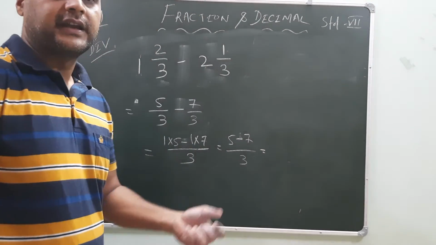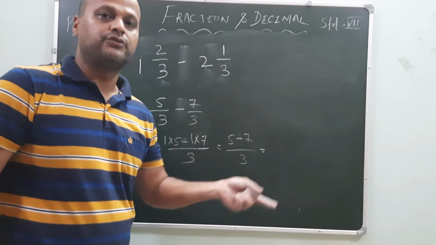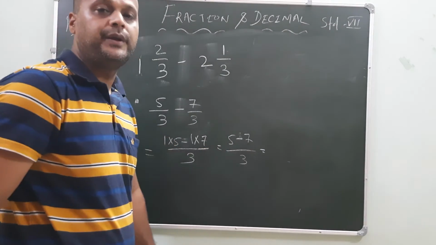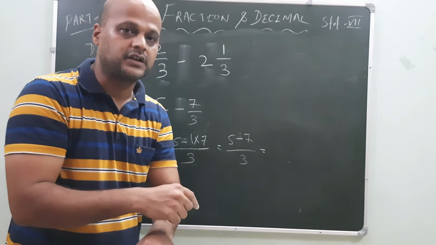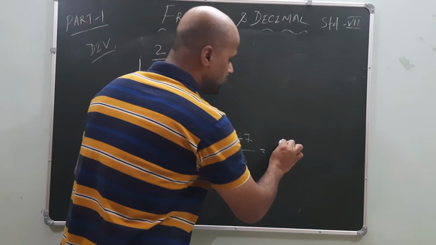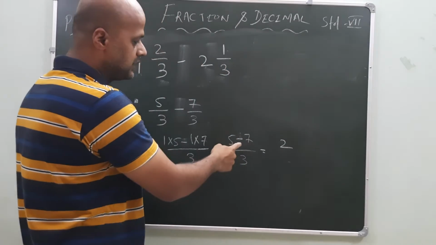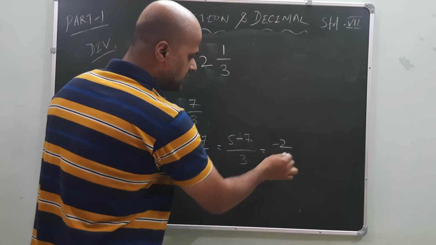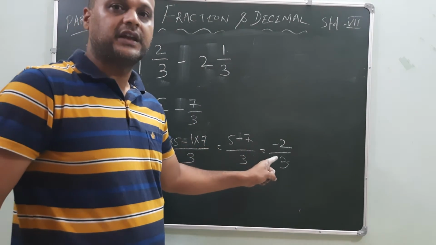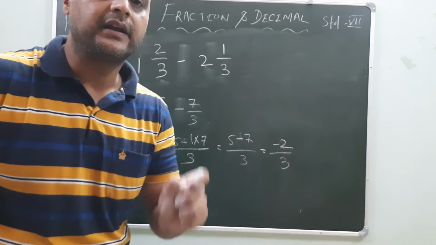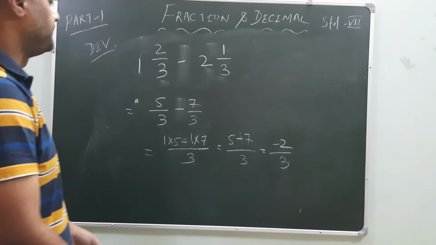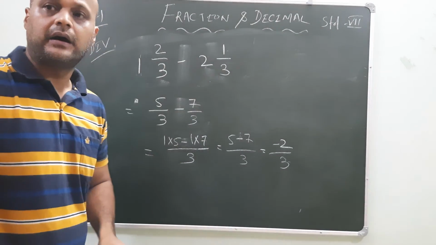In the chapter of integers, we know what? If one integer is plus and one is minus, we subtract them from each other and put the greater value's symbol. 7 minus 5, how much? 2. What is the greater value's symbol? Minus. So put your minus, and the denominator will be as it is. Now remember that. The fraction has come here, but with a negative sign. Understood? Okay, this is the case of subtraction.